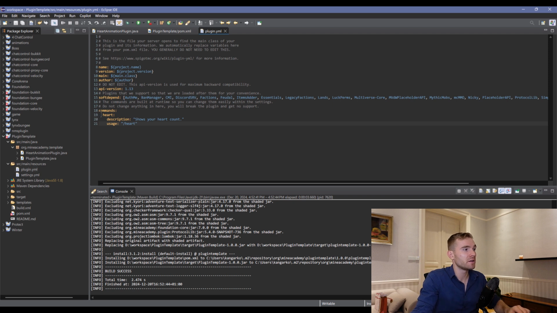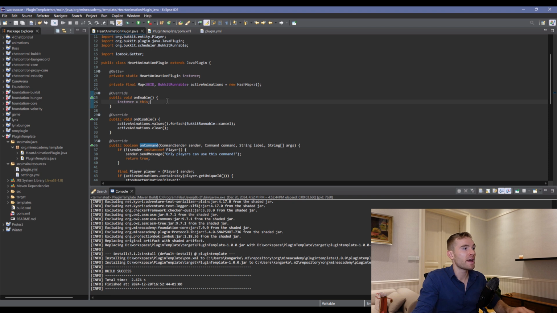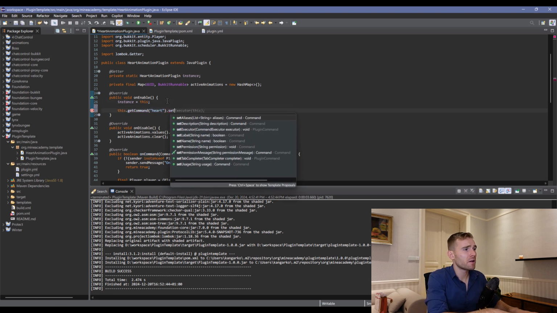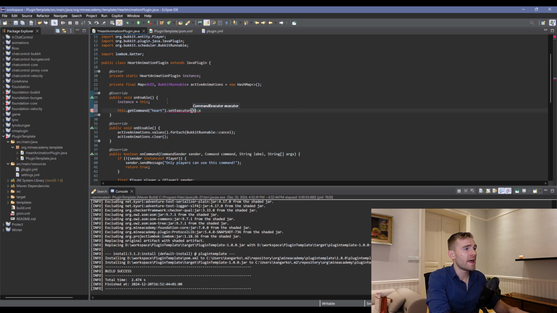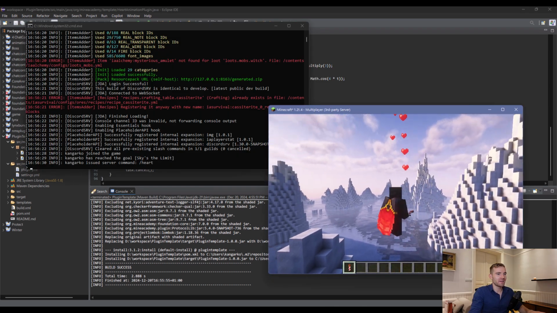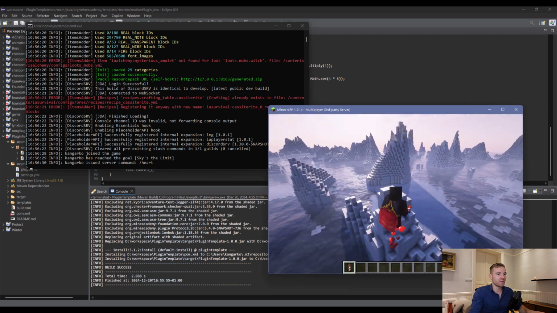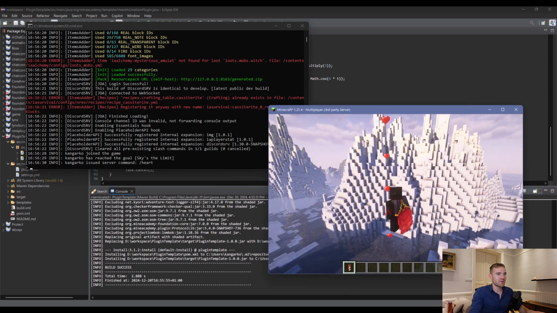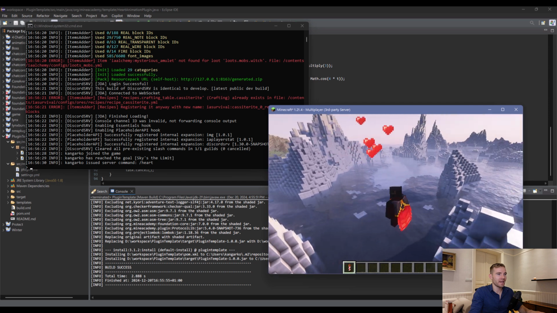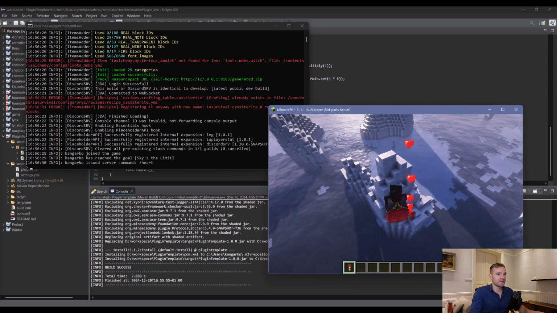Make sure you have the two colons to separate a new section, and then go back into the main class. We're gonna be getting the command, and then we're gonna be setting the command executor to this. A bit outdated. You have to understand the Bukkit API is from 2011, and that's why Paper finally decided to make a hard fork. Okay, now in the game, that looks interesting. I think we got a little bit of a heart. I just think the shape is extremely narrow. Yeah, it does rotate, but there's something wrong with the shape.